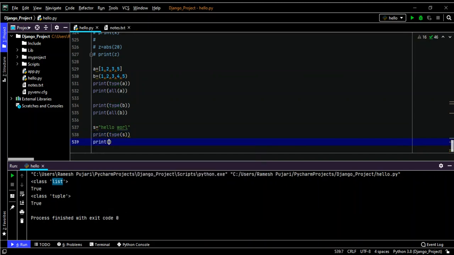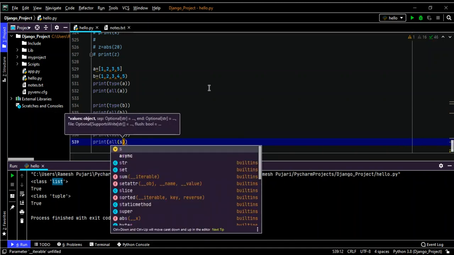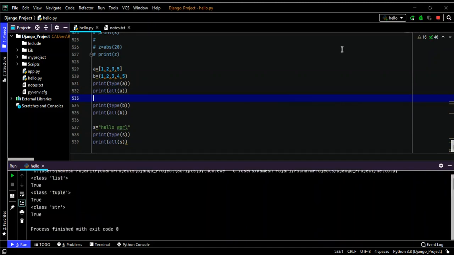Now I will print all of S. Now we can see whether the output will be true or false. See, string also we can iterate. So it's giving true. So this is the usage of the all function in Python.